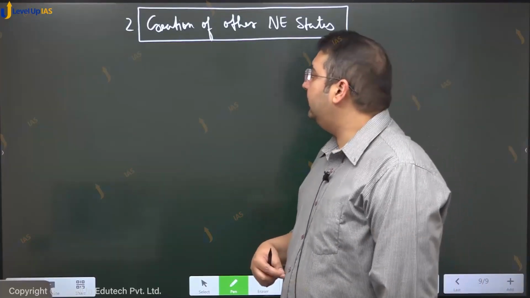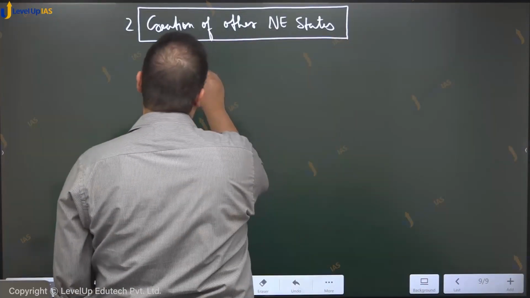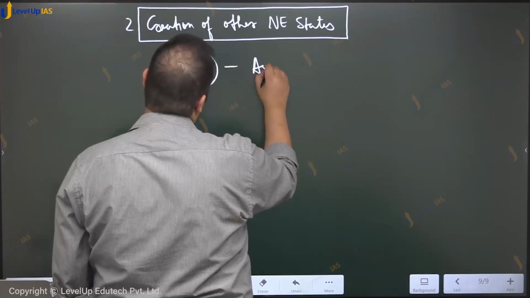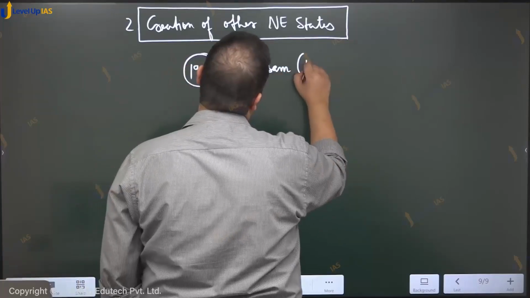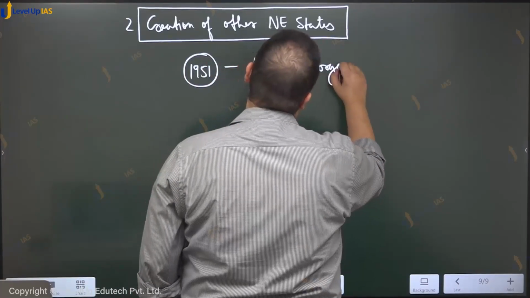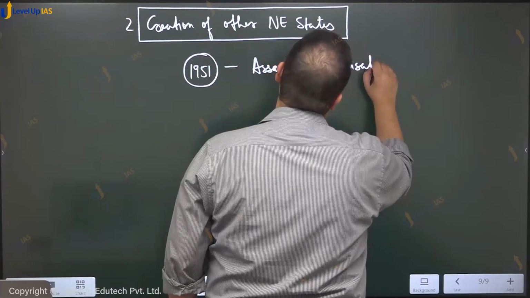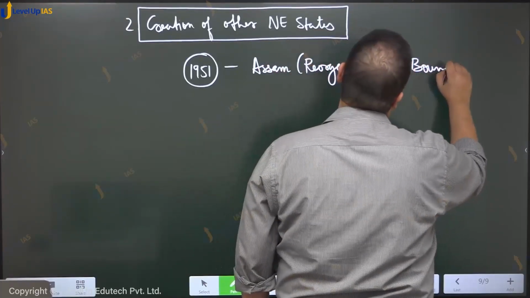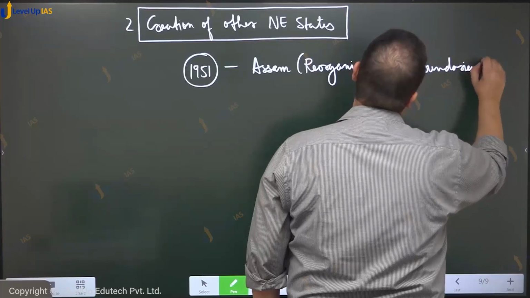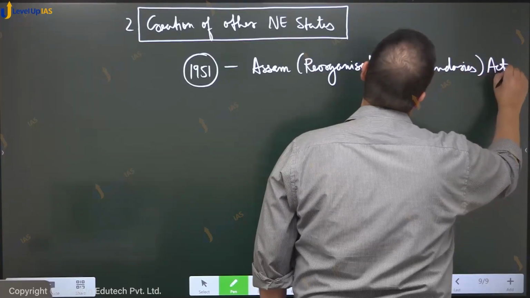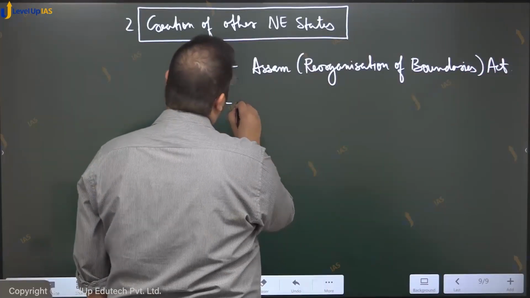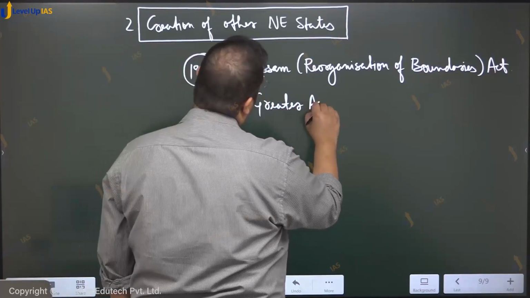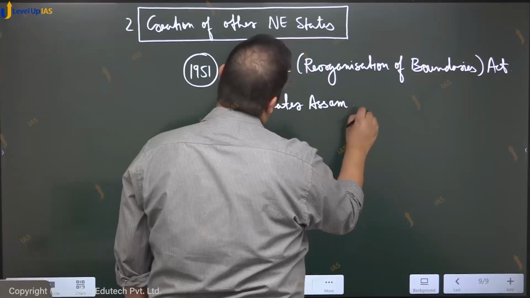Now, with the 1951 Assam Reorganization of Boundaries Act, an entity known as Greater Assam was created,